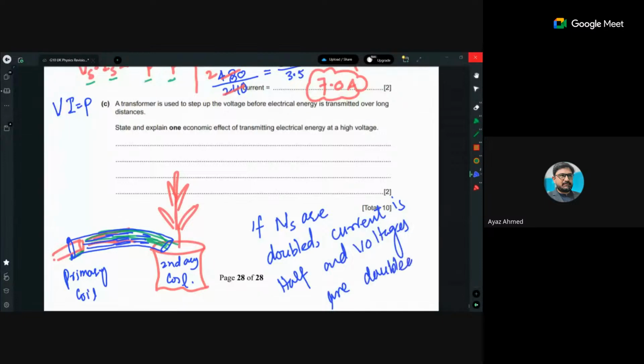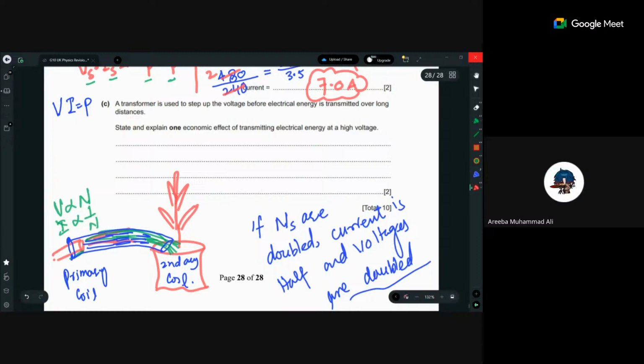Okay. This has to be remembered, because now about the relation: V is directly proportional to the number of turns and I is inversely proportional to the number of turns. That is the point. Is it clear, beta? Yes. A transformer is used to step up the voltage before the electrical energy is transferred over the long distance. This question is from